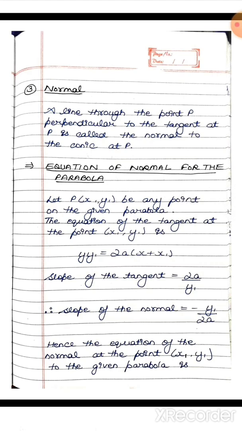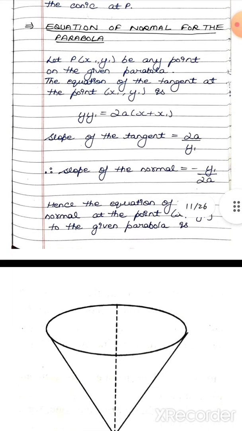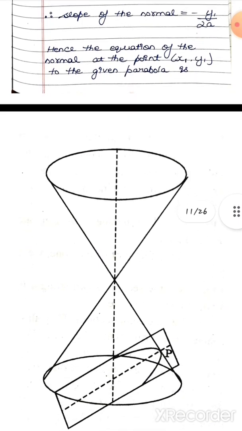Let P(x1, y1) be any point on the given parabola. The equation of the tangent at this point is y y1 = 2a(x + x1). So the slope will be 2a upon y1. Slope of the normal will be minus y1 upon 2a. Hence the equation of the normal at point (x1, y1) to the given parabola is